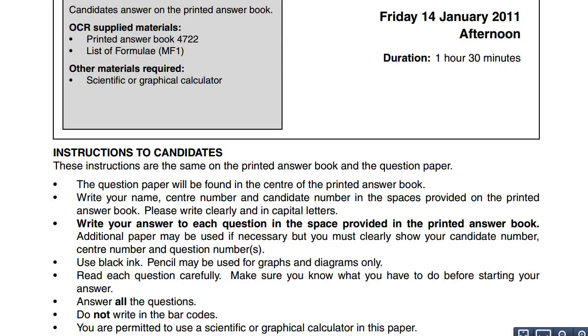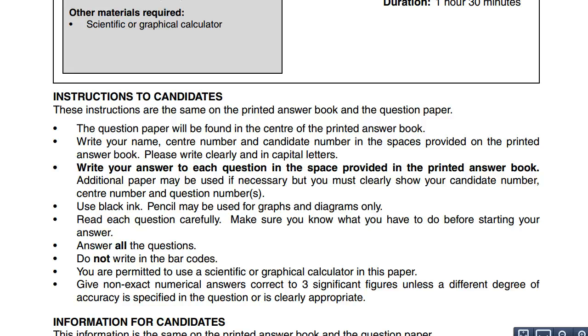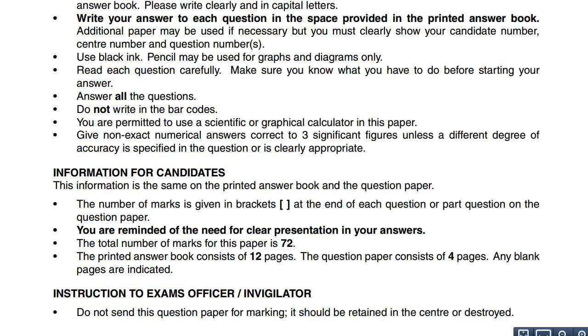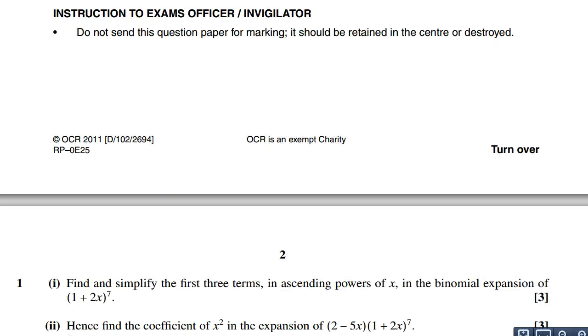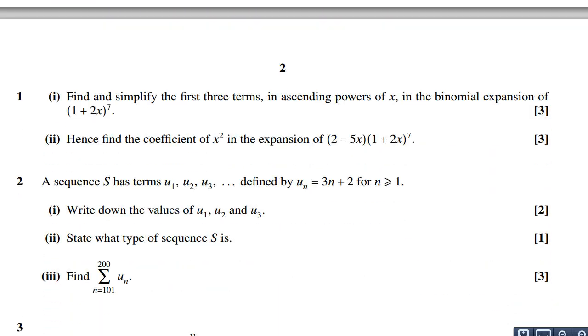There's the instructions to candidates, which I've already gone through on the other paper in step-by-step detailed manner. Information to candidates there as well. So let's have a look at the questions now then. So the first one,